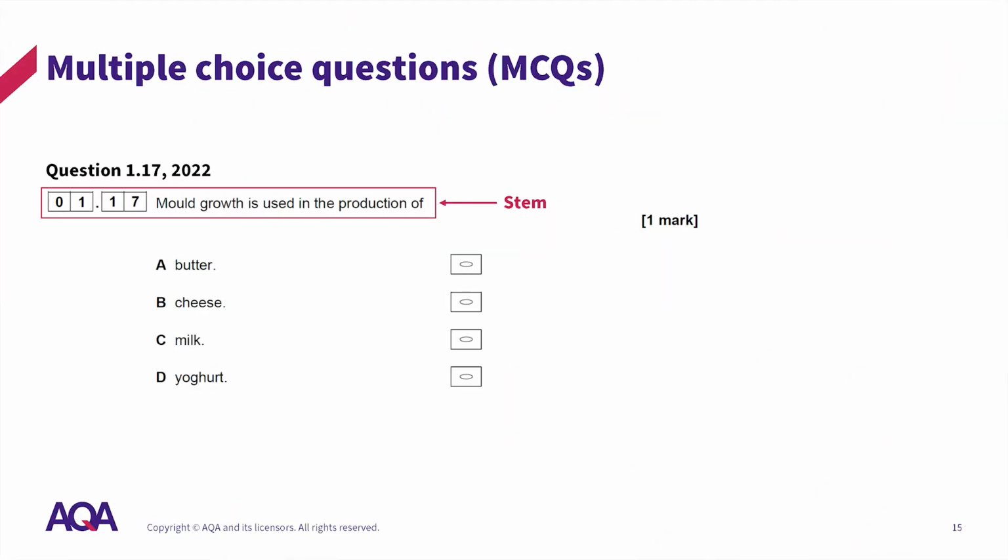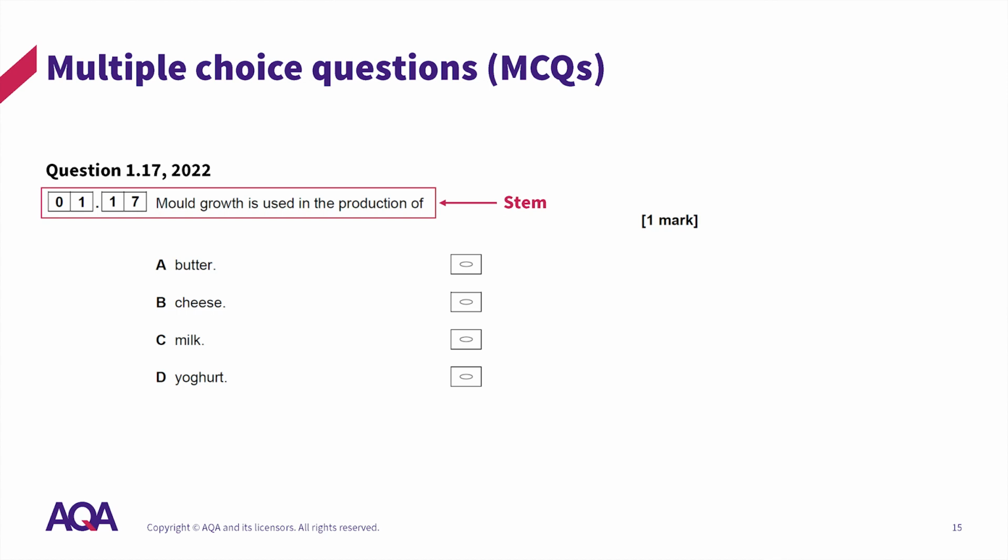In this section, we will explore the components of a multiple choice question and look at the range of considerations that must be made when writing them. This is an example of a previous multiple choice question. The first part of the question is known as a stem. Stems can either be a question or they can be written as a sentence, which students must complete by choosing